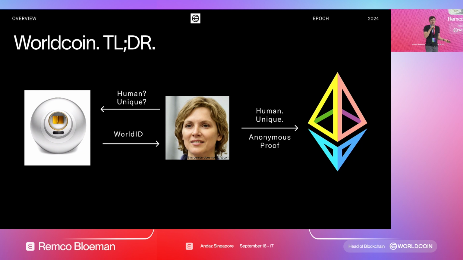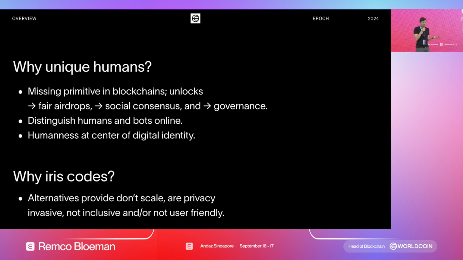For those who don't know, what we're doing is we are issuing people proofs that they are unique human beings so that they can use it in the blockchain domain. And why is this useful? It is useful because you can distinguish between bots and real human beings. And this is a bit of a missing primitive. Having been in the space for a while,